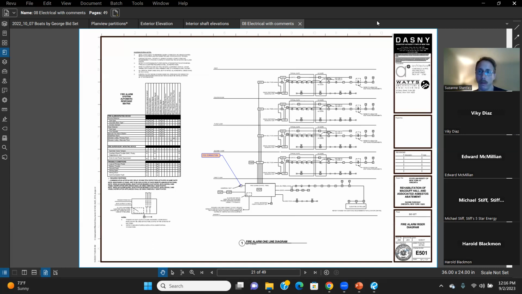I don't know how many people were staring at the screen during that break, watching me desperately try to find a good electrical single line. The issue I have on this particular computer is I do a lot of the pre-bid estimating that we talked about on this computer. So those single lines are kind of typically the last thing to get done. And that's why I had to go through so many projects that have incomplete drawings before I found a decent one. And this one is actually for fire alarm,